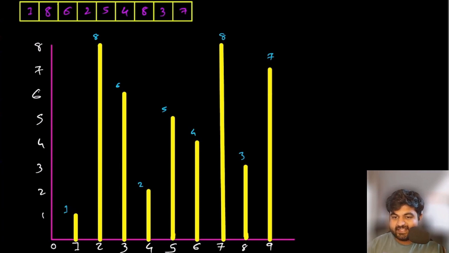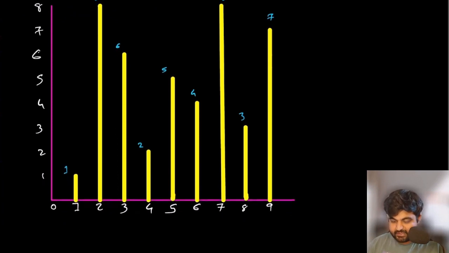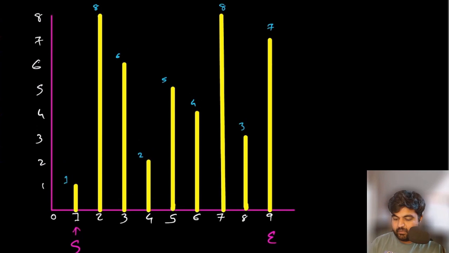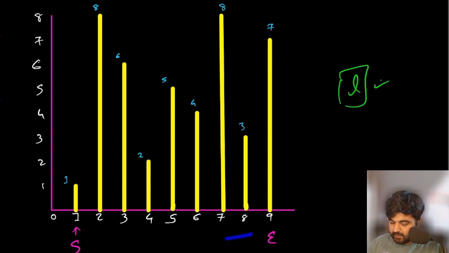So let's see how we would be able to use 2 pointers in this scenario. Again, as always, we are going to have our 2 pointers. The first pointer is going to be located at the first position, so this is going to be our starting pointer. This is going to be our ending pointer. Between the starting and ending pointer, since they are so far away from each other, they form the maximum length possible. So the length portion we are already considering to be the highest, and since they are going to come towards each other, the length is slowly going to decrease.